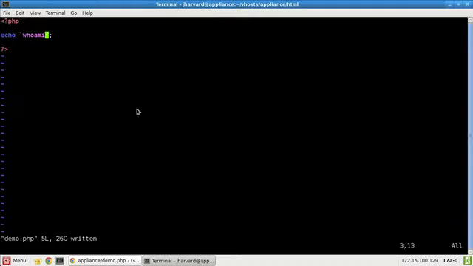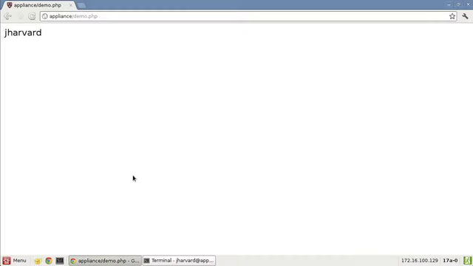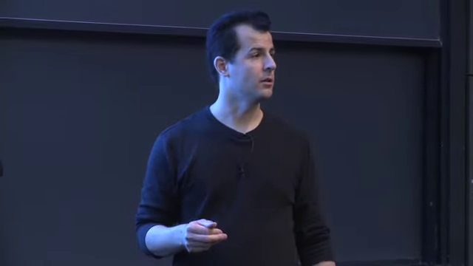If I go back in here, the fact that I'm putting whoami in the PHP program means that when this file is interpreted, it's going to inform me who is interpreting the file. And so the litmus test here is is it root, is it Apache, or is it jharvard? Hopefully, it's jharvard. Otherwise, SUPHP is not, in fact, enabled. So let's go down here to the appliance again. Let's reload. And indeed, I'm running the web server as jharvard. And if I weren't using SUPHP, we would instead see the username Apache in this case.